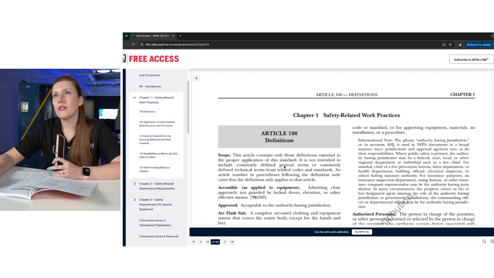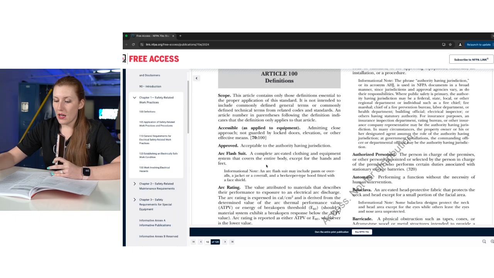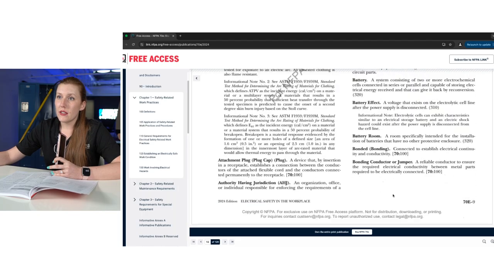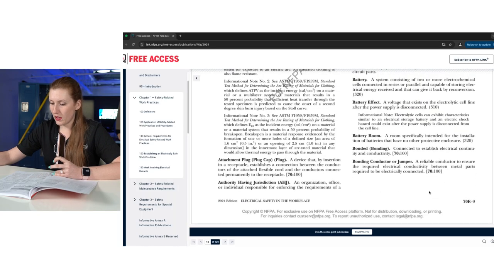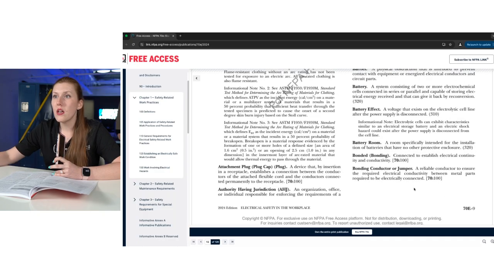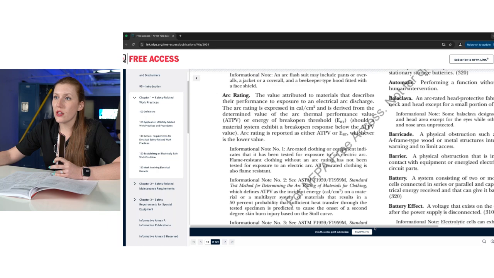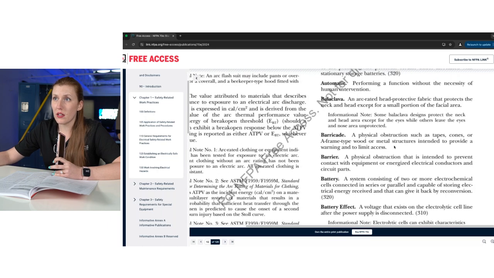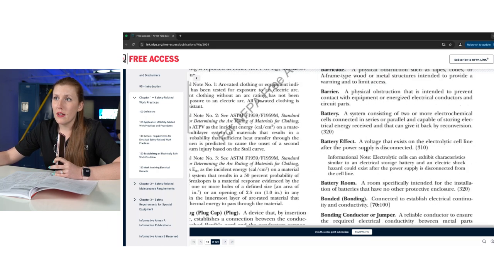A number of definitions were added or modified in the 2024 edition. So there's some extra information about the scope of the definitions, which is great, but I will say one of the big changes is that they now add in definition explanations or links, so to speak.